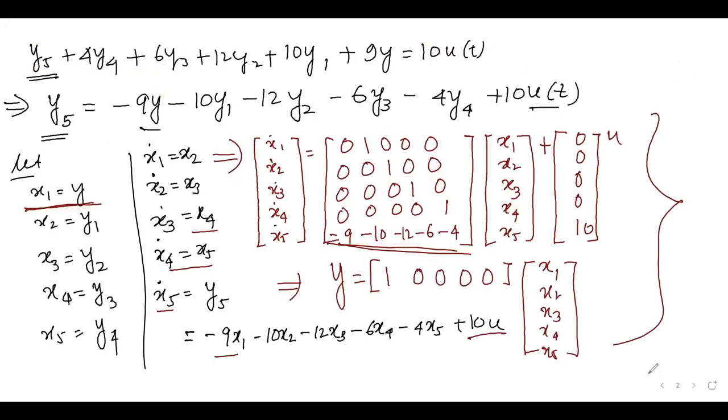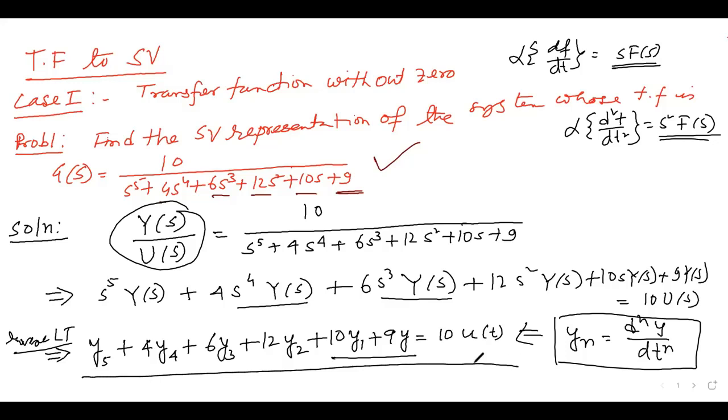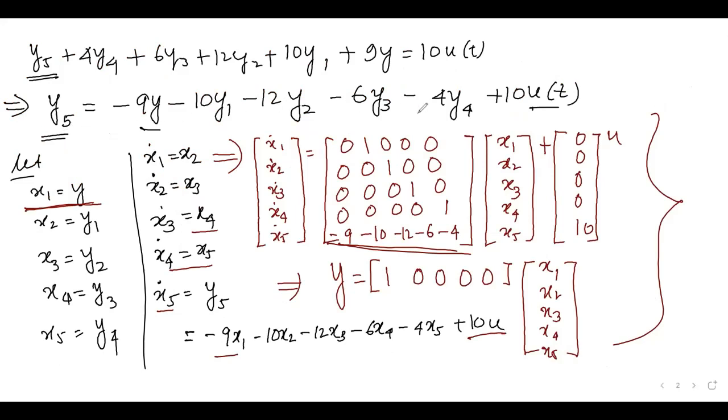Okay, look carefully at what the procedure is. We'll assume this is the output by input, then we cross multiply, then we take the inverse Laplace transform. Then we will get the differential equation. If you have problems writing this, you write in this form. Then we keep the highest order power on the left hand side and select the variables, and you can find the state. Now case 2, if the system has